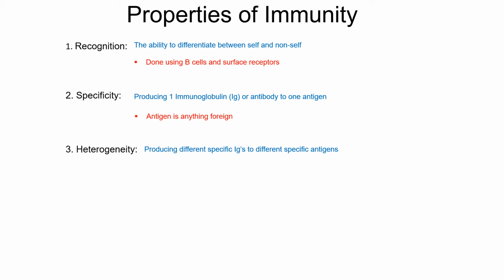And once we do all this, we're going to gain memory. Our immune system is going to remember, and it's going to be permanent. Now, the reason it's permanent is because the cells involved are white blood cells, and they contain a nucleus. And that means they can divide. And when they divide, they pass on the memory.